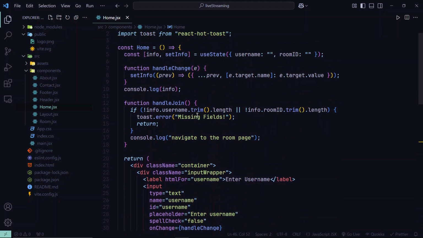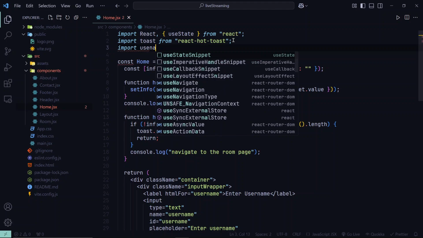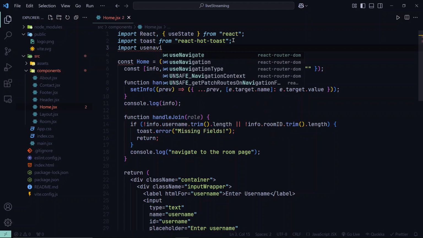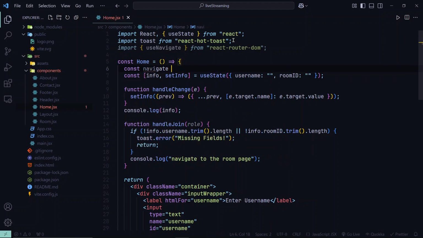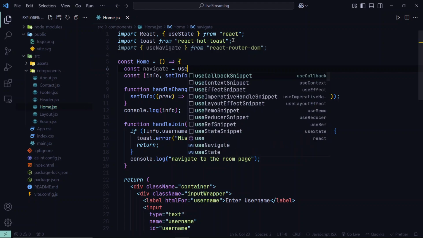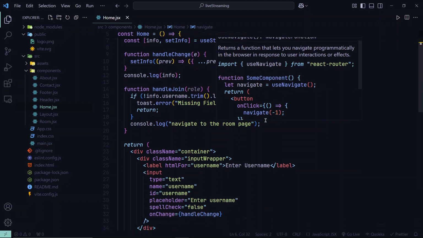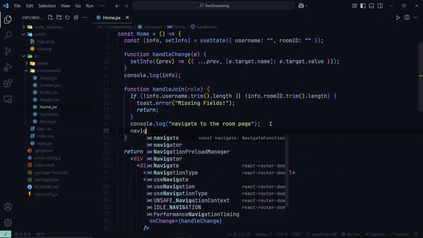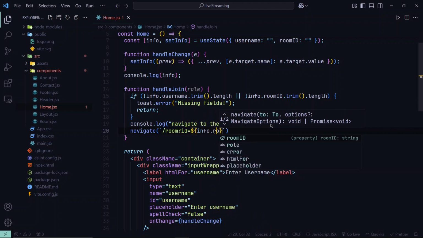We'll get this role here. Now let's navigate the user to the room page. Import useNavigate from React router DOM. Const navigate, useNavigate. Navigate /room. ID will be info.roomId